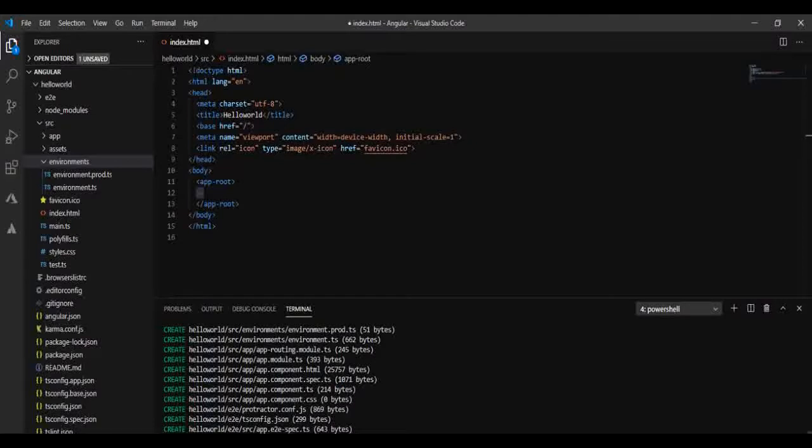We are not in the project directory, so we have to change into it and then enter these commands: cd hello world.